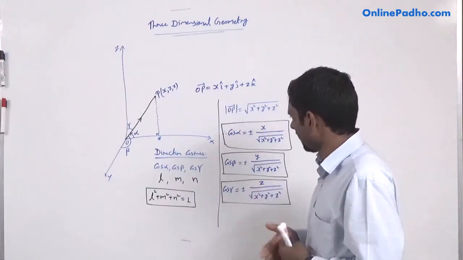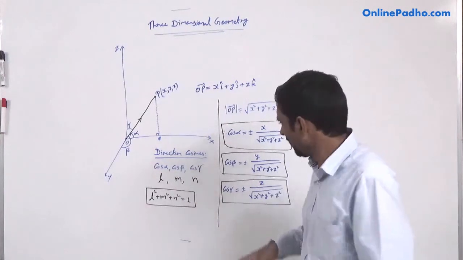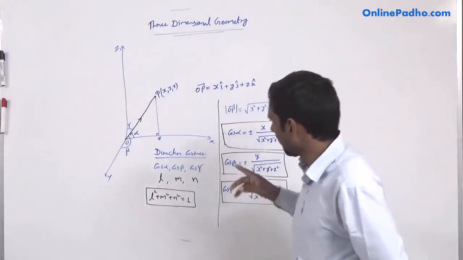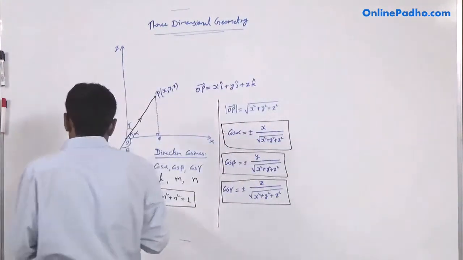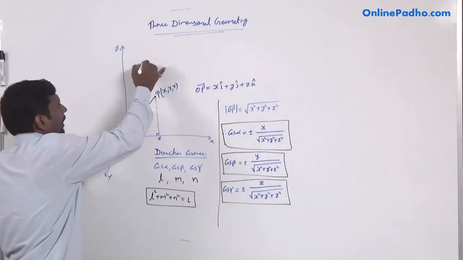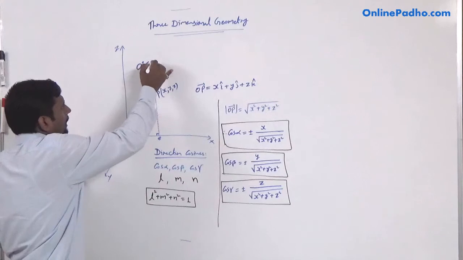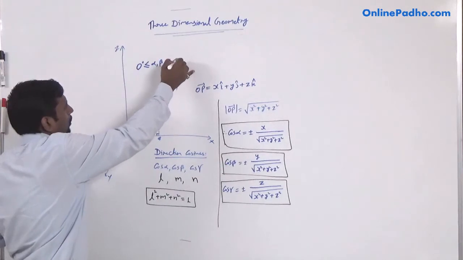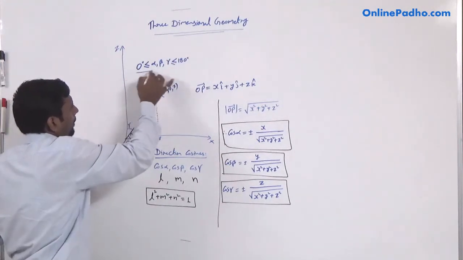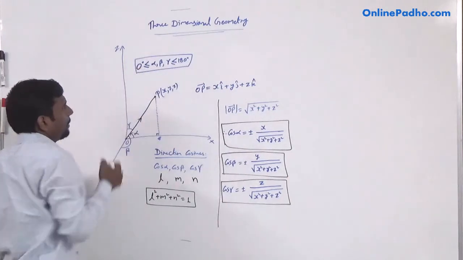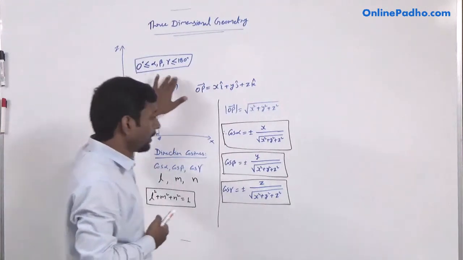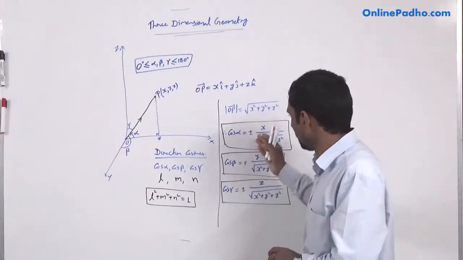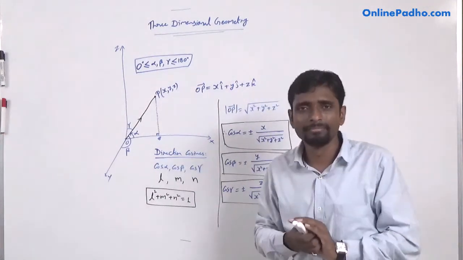Now, I have a very important doubt in this question. Why can we write it as plus and minus? Because angles alpha, beta and gamma lie between 0 degree to 180 degree. So, cos alpha may be positive, may be negative. Cos alpha, cos beta and cos gamma are positive from 0 degree to 90 degree and negative from 90 degree to 180 degree. That's why we have written here either positive as well as negative.